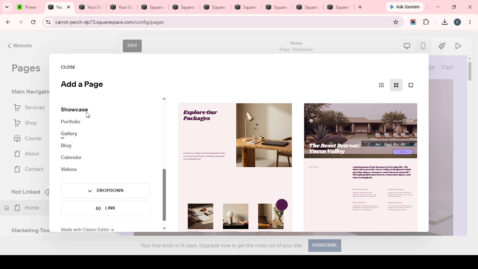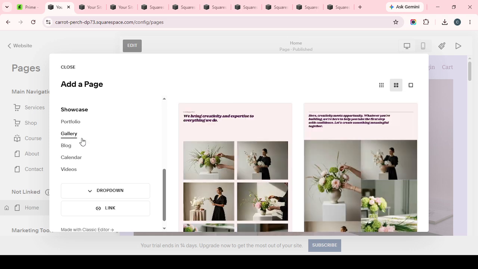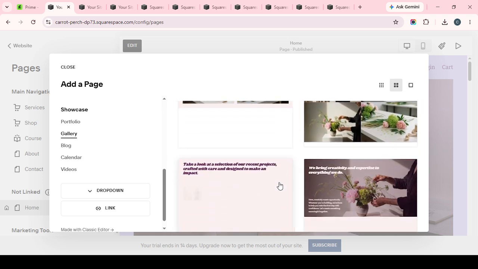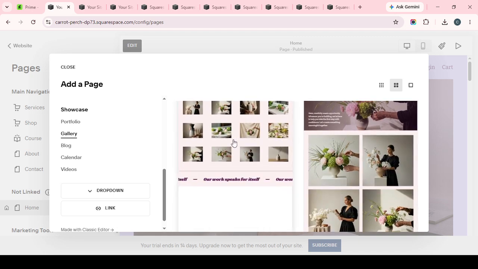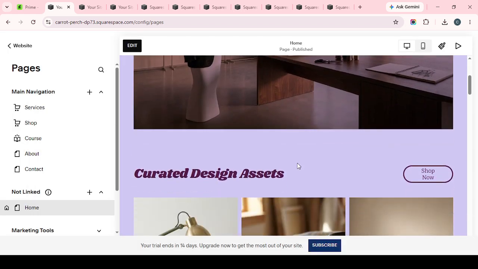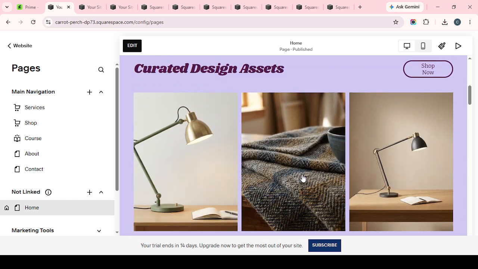What you're looking for here is confirmation that the sitemap opens correctly. In most cases, you'll see an XML style page with structured data and page entries. It may not look visually polished, and that's completely normal. The goal is simply to verify that the sitemap loads successfully and does not return an error or failure message. If it opens, that means your sitemap is live and accessible, which is exactly what you want before submitting it